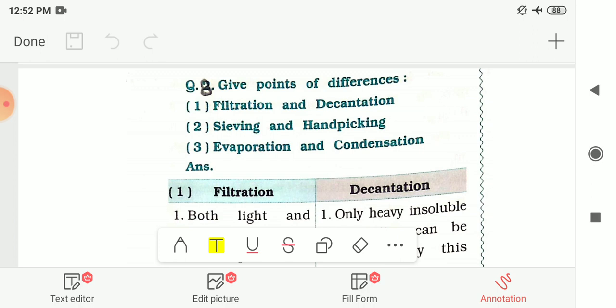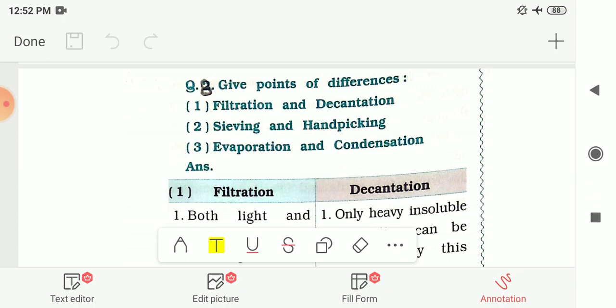The process of converting water into its vapor is called evaporation. The next method we had seen is condensation. The process of converting water vapor into its liquid form is called condensation. So these are the different methods for the separation of components of a mixture.